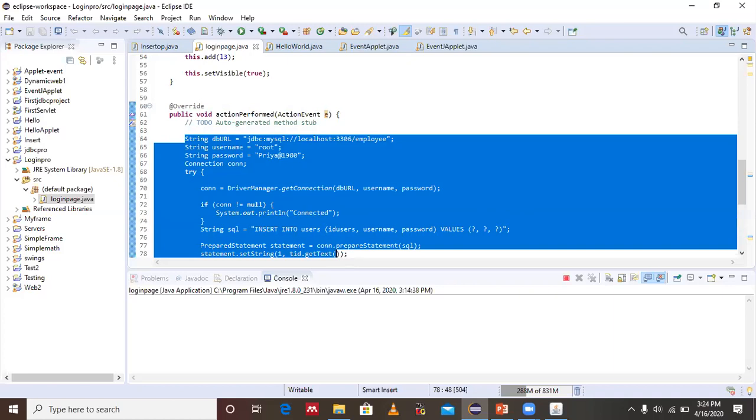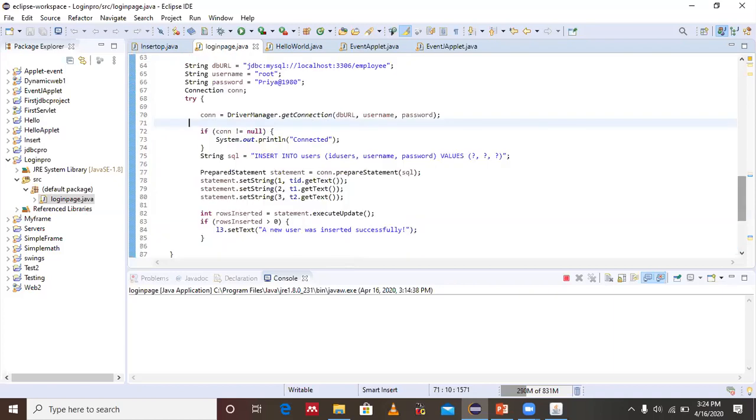So check out what logic we are going to write. The whole logic we have seen in our previous lab, connectivity of a Java application to your MySQL database. The code is the same. Here in this case I have just used one query, that is the insert into users. You can retrieve the data from the database the way we have retrieved it, and you can compare the data, check whether the passwords are matching or not, and display the contents.